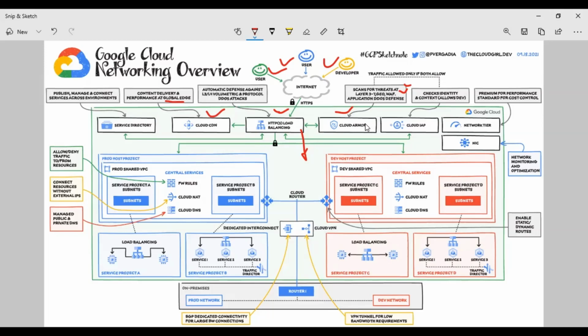There are some enhancements already done with Cloud Armor, which helps in identifying any anomalies. We can even block some of the requests if they are coming from a specific region, a specific country, or maybe based on a specific IP address which we find suspicious. So I just want to highlight here that recently,